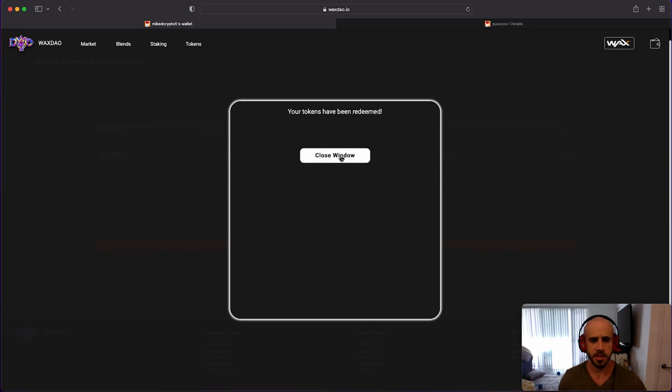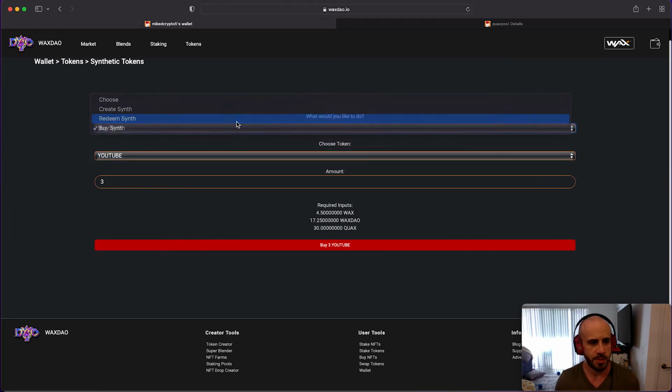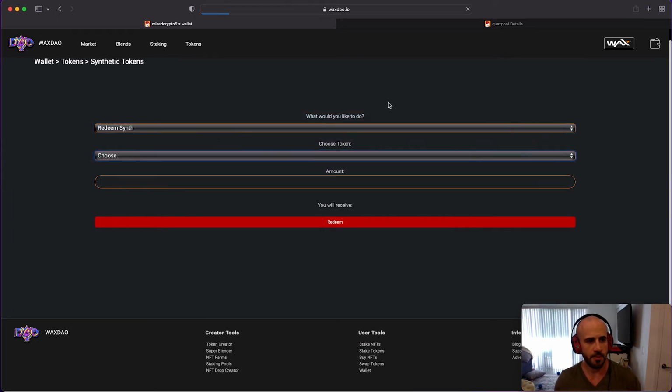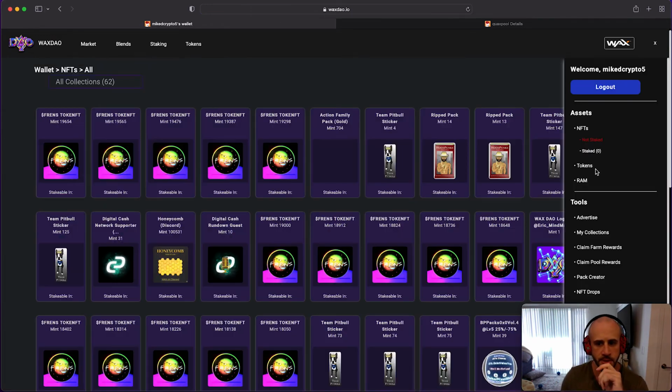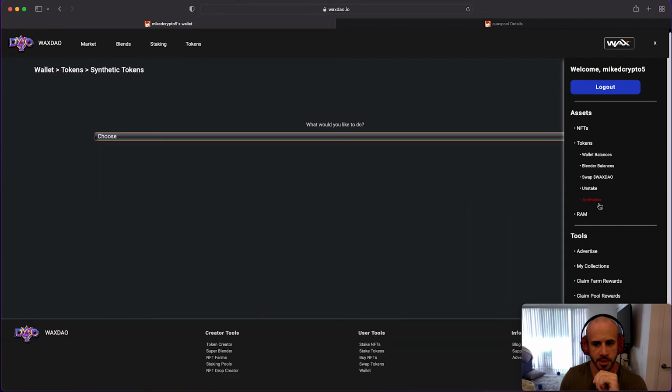I need to change that message because that should be for redeeming. So just a little front end thing I need to do there. But it should have gone through. So now if we go to the redeem tab, I have to refresh the page. If I go back to tokens and synthetics in my wallet and I click on redeem now,